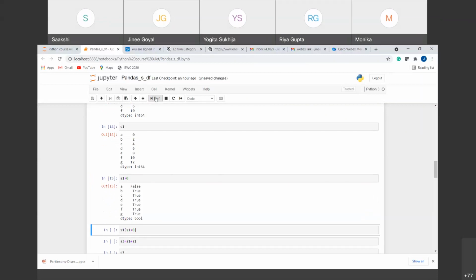So if I run this, you can see the first value was 0. So it means it was not greater than 0. So it has given us a value false, and rest all the values were greater than 0. So it has given us a value true. So you can also apply some logical operations on it to check whether your defined condition has met or not, right? So in this way, you can apply some logical operators.